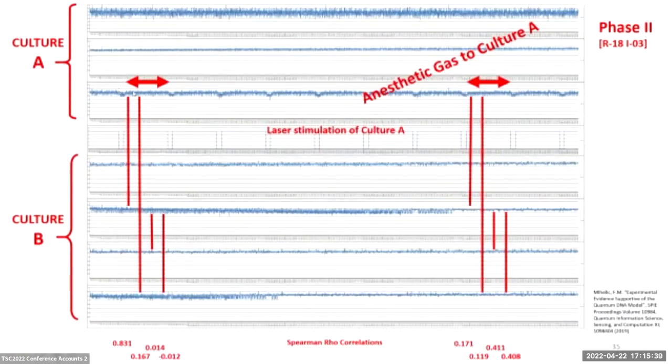Spearman-Rowe correlations. And when you look at this cell in culture A compared to this cell in culture B for this time period, there's a 0.8 correlation, which is very, very high. It shows that essentially these cells are phase locking. But in this second line, this cell in culture A and this cell in culture B have no significant correlation. So not all the cells are phase locking together. If it did, you know, in your brain, it'd be a seizure. So it's probably a bad idea.